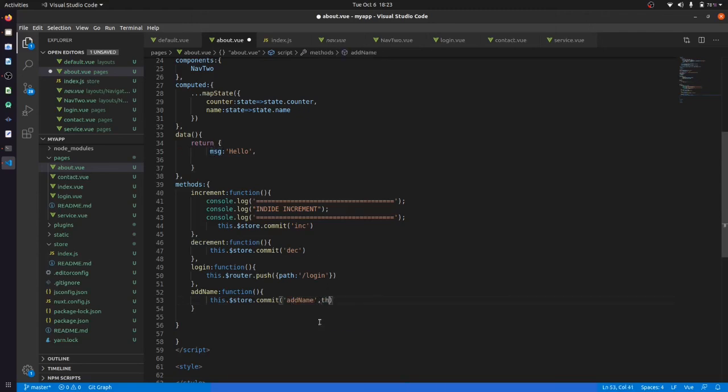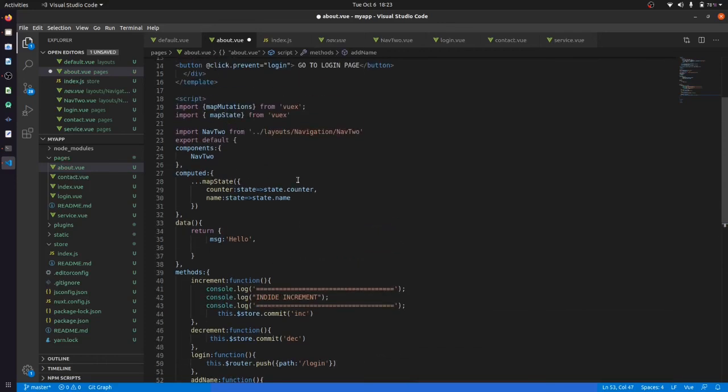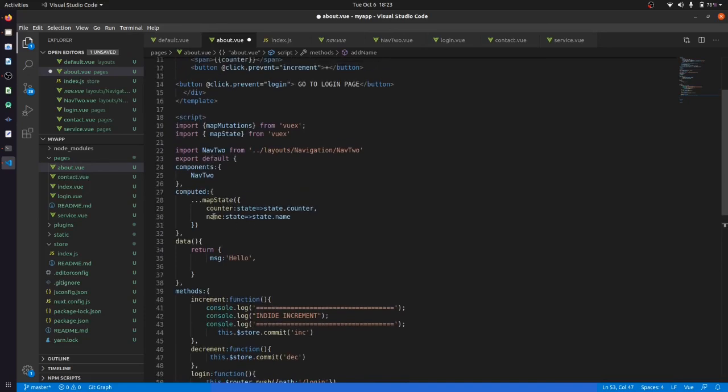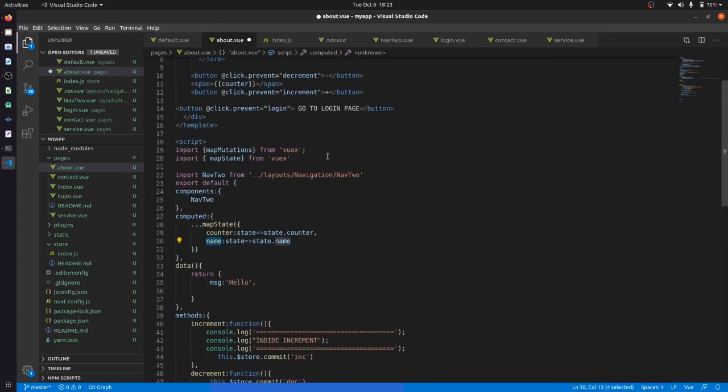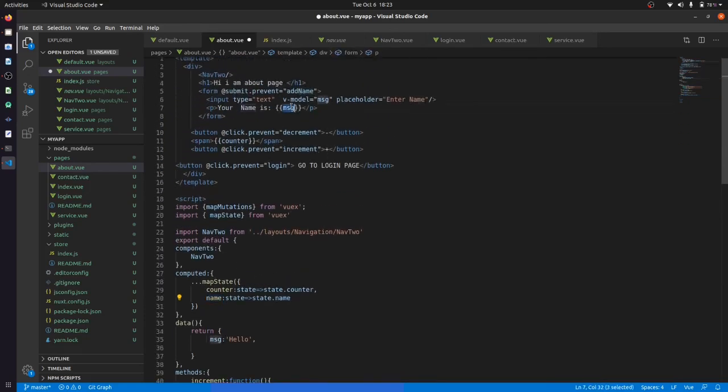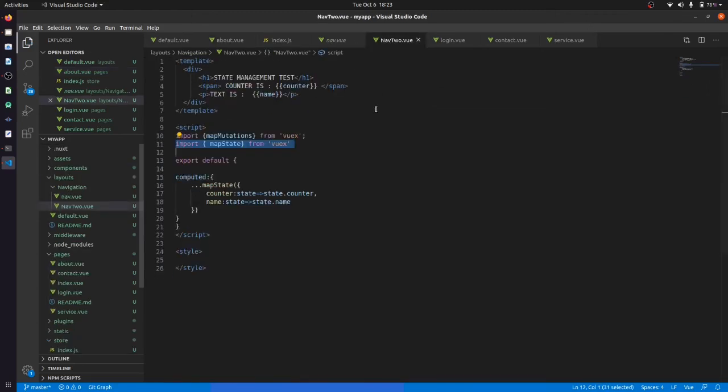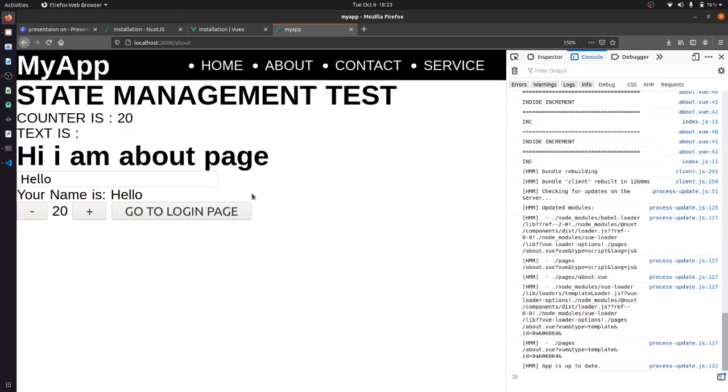So this.message, msg, and this will be passed to that data. I have name here, so this is the v-model, and save. Now in this nav, this is the name that I want to use, and this name will be reflected automatically here.